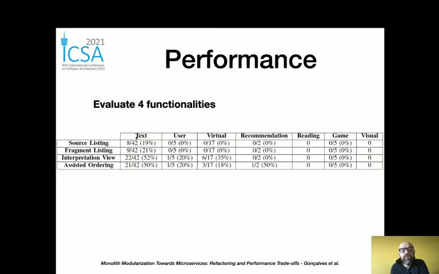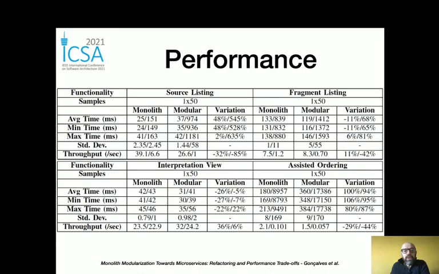Okay, so it's from the front end to the text. For instance, this one. Others actually access a lot of different modules, so they correspond to a lot of interactions between the modules. Others, for instance like assisted ordering, do a lot of computation. And we measured the performance of these.